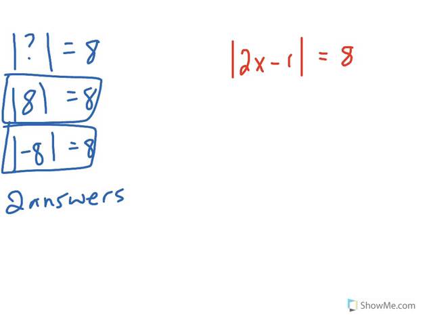Okay, so let's apply that to this situation over here in the red. I've got an equation. It's got an x in there. Don't worry about that. You know how to do algebra. We need to think about the concept. This stuff in here, just like this stuff in here, could equal 8, right? 2x minus 1 equals 8. Well, that's what it says right there without the absolute value bars. However, that stuff could also equal negative 8, right? And then once you apply the absolute value, it turns into positive. So it could also be